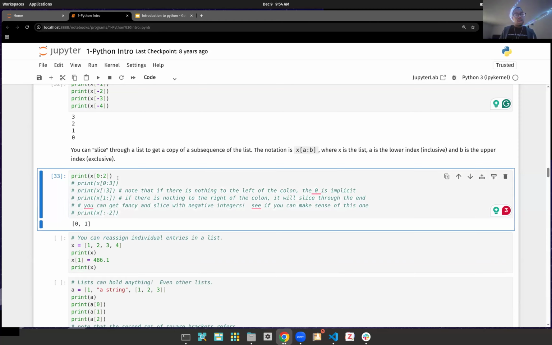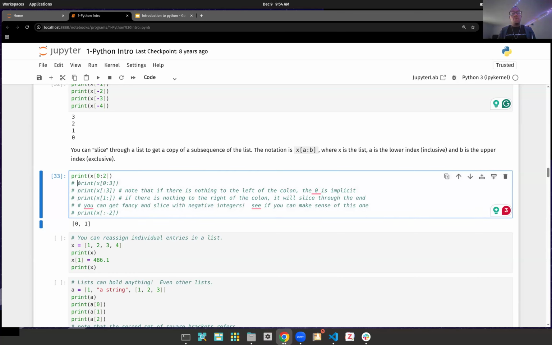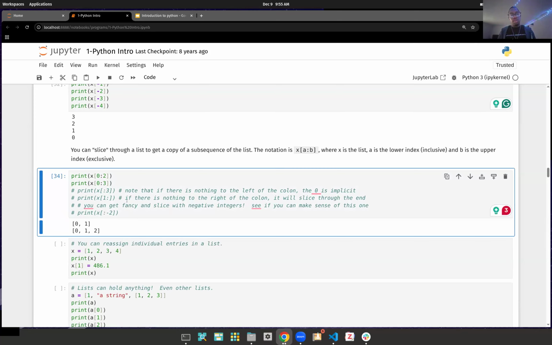Okay, let's see what happens when we do that. Oh, amazing. So this is why it's called slicing, because we're slicing the list essentially. We're cutting it into a piece. And so yeah, once you can see that we can try that. Okay. Now if I want all the way up to the third item, so I'll say from 0 to 3. Remember, 3 is gonna index the fourth item here, and 2 is indexing the third item. But we don't want the fourth item. We want all the way up to the third item, which I think maybe kind of makes sense. So it will have from 0 to 3,